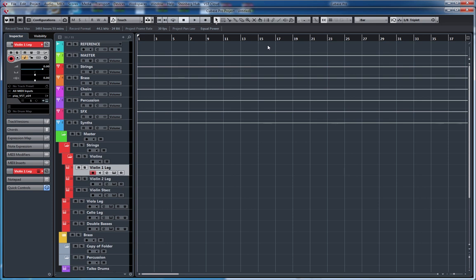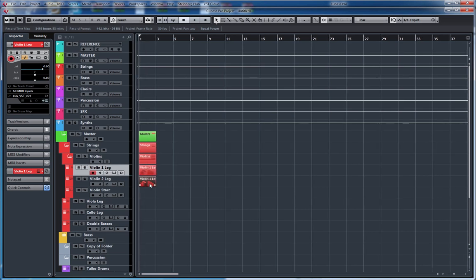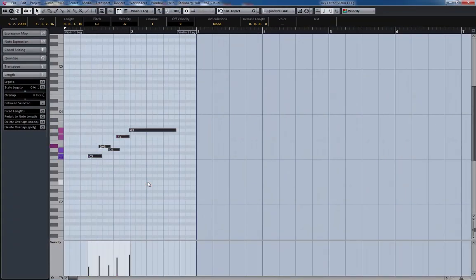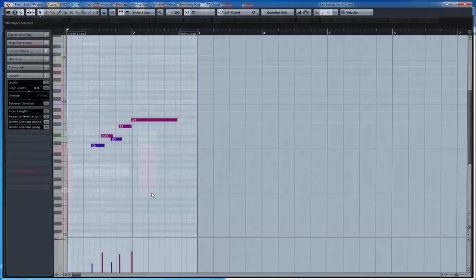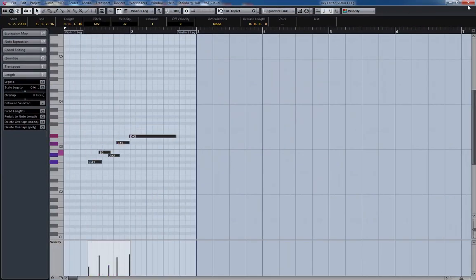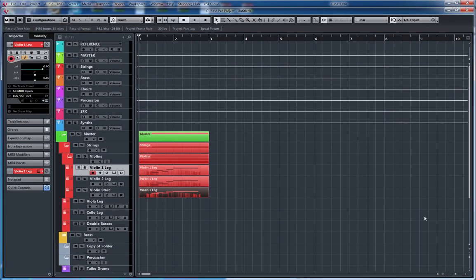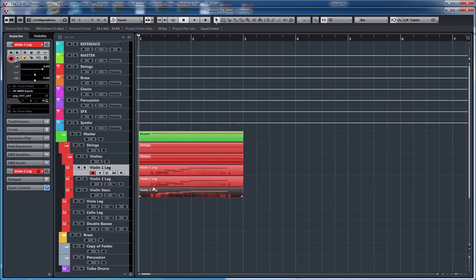So say I record like here, and say I duplicate this or something, maybe just move it down or anything, moving this down as well. Say you have like a section of string stuff here, and say you want to transpose this or edit it,